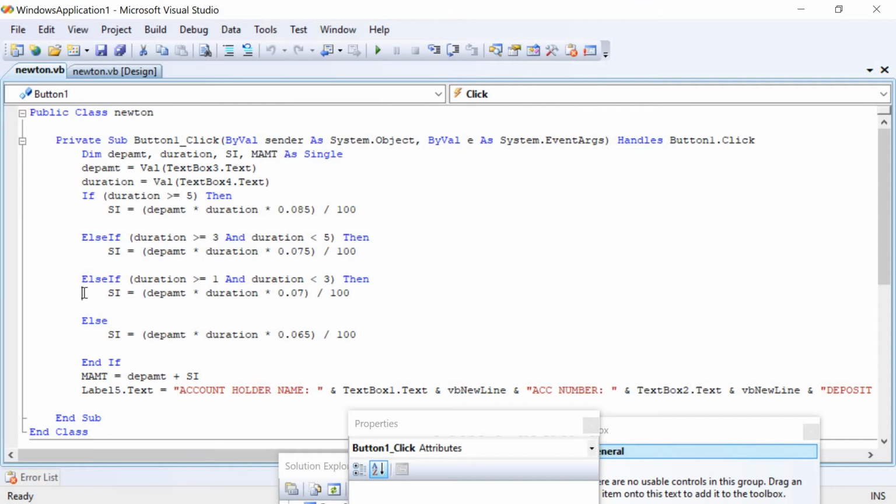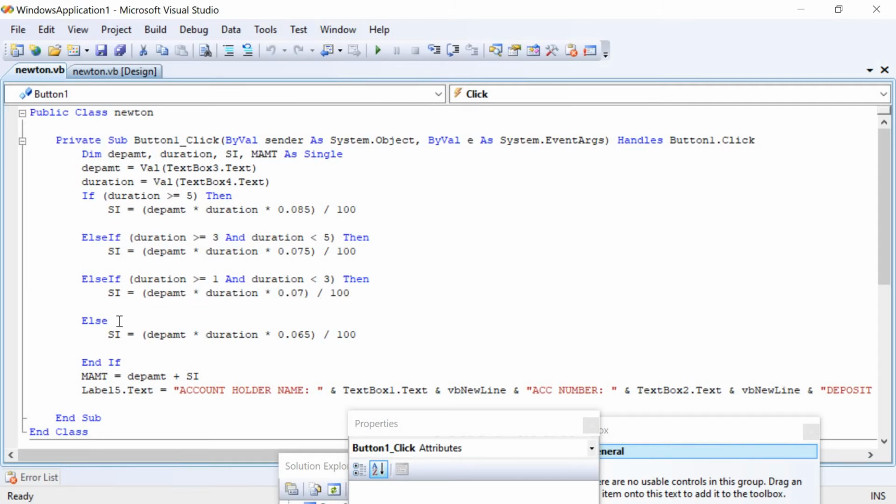Again here comes the calculation part, simple interest equals deposit amount into duration into 7 percent, written in decimal form as 0.07, divided by 100. When we take it in the parentheses, this part will be calculated first and later its value will be divided by 100.